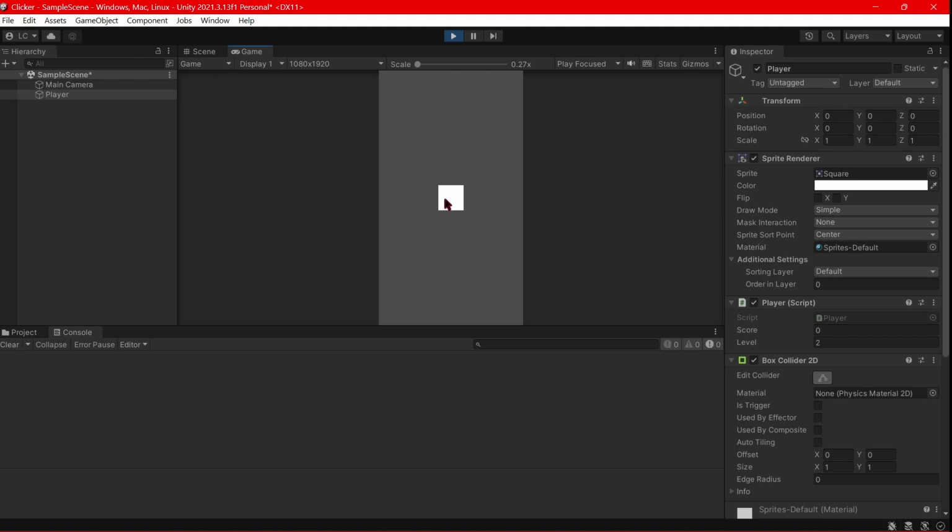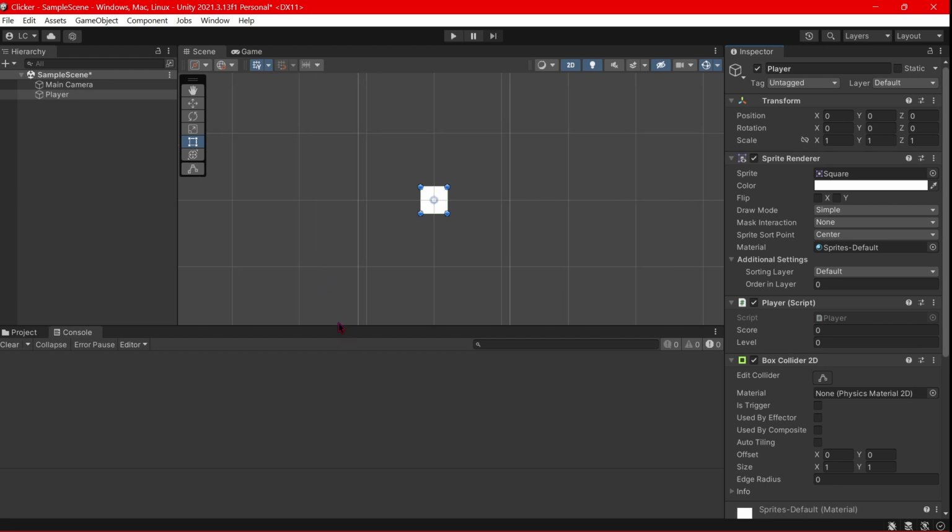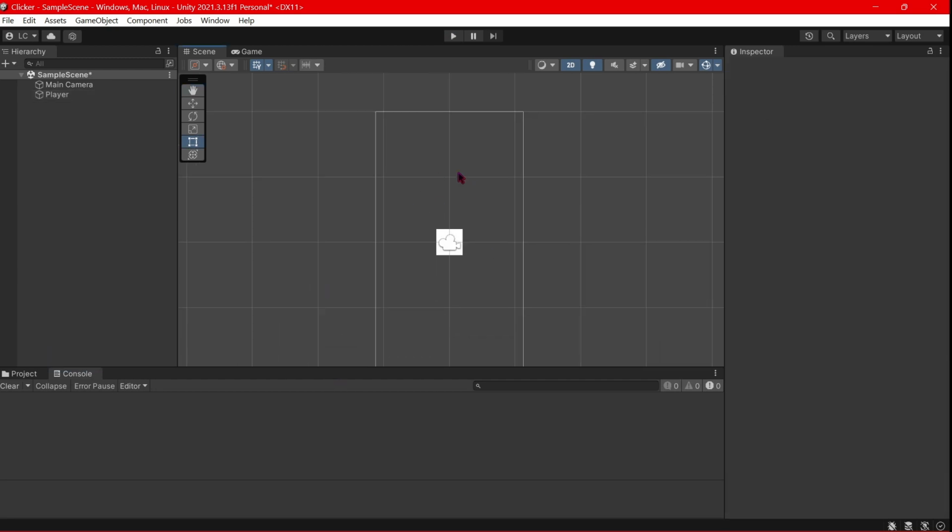Now we can continue. In this case, score 1 if we click, and then score 2. The score is reset again to 0 and the level now is 3. We can continue: 1, 2, 3, level 4; 1, 2, 3, 4, level 5; 1, 2, 3, 4, 5, level 6. This is working, but if you want to make a user interface